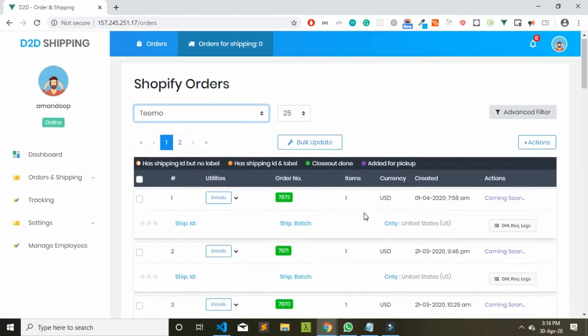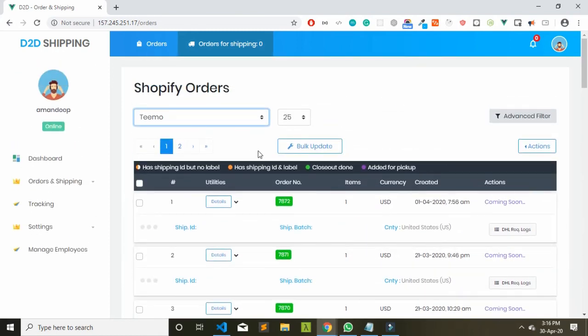So yeah, let's talk about the rest of the sections. Tracking and pickup can only be done after the DHL API is live and you start using this shipping and closeout. I will do the pickup at last, because pickup is a very risky thing, because the pickup request goes directly to their partners. But I will add the tracking in some days after it goes live; tracking is not a big deal. The pickup is a bit tricky here.